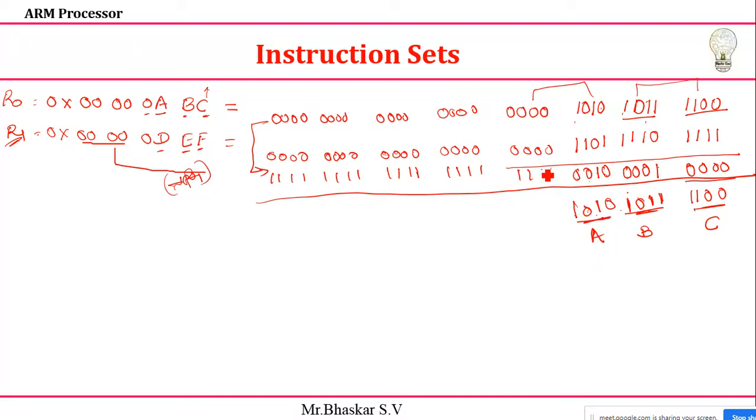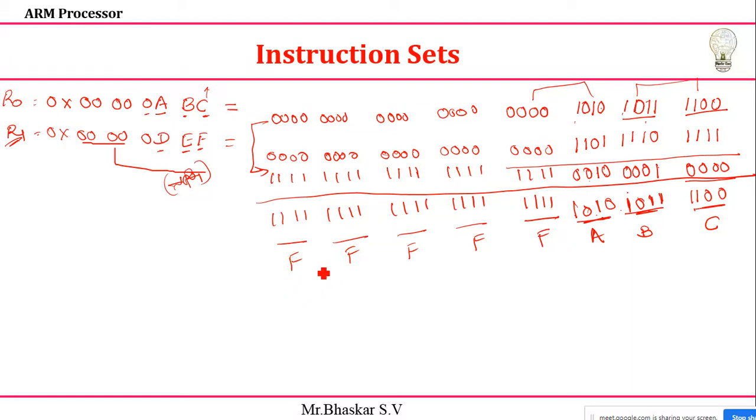Okay, so the remaining things you can check out. So 1 1 1 with 0 0, everything is 1 1 1 1 1 1 1 1. If you do the OR operation also, I'll get 1 1 1 only. So you can write 1 1 1 1, and this is also 1 1, this is also 1 1 1, this is also 1 1 1 1. Now if you read it, it is F, this is also F, and this is also F, and this is also F.